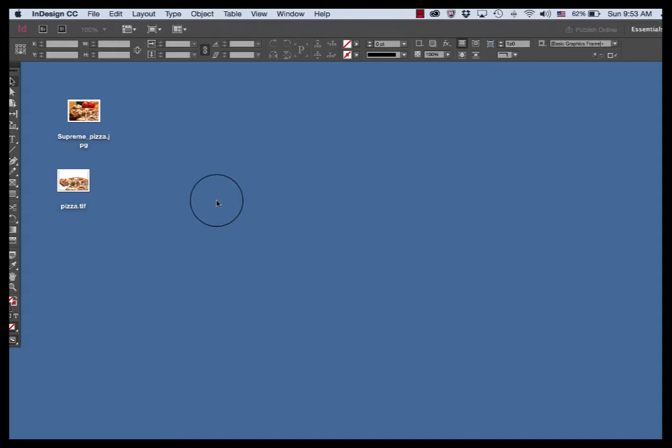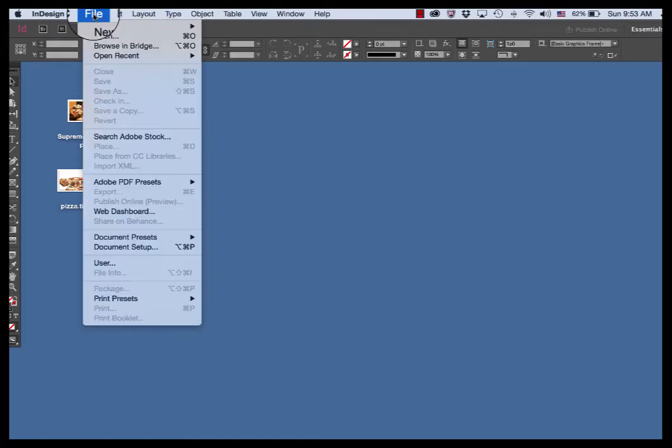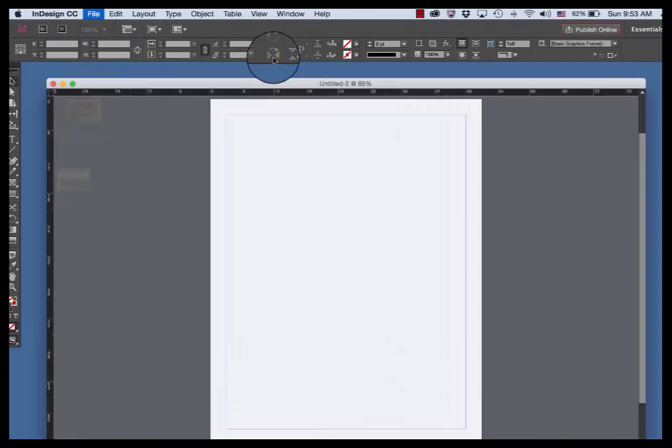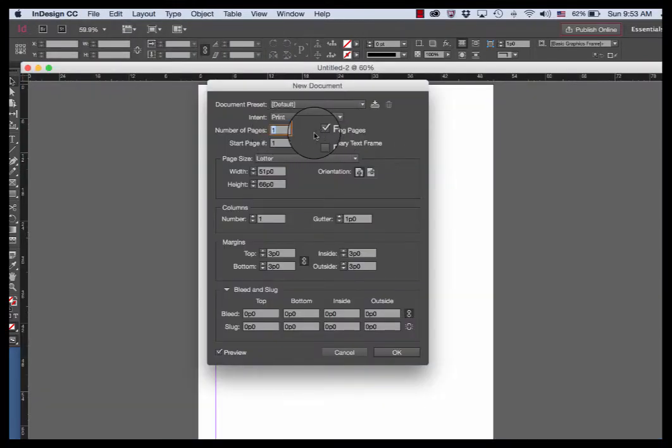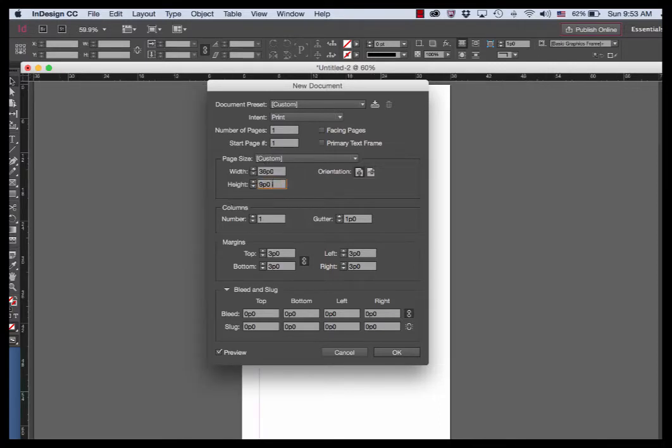Let's build the ad now in InDesign. So first I need to make a new document. So I'll choose New Document, and it's going to be a one-page, turn facing pages off. That's for multi-page documents. It's going to be 6 inches by 9 inches, and it's converting the inches to picas